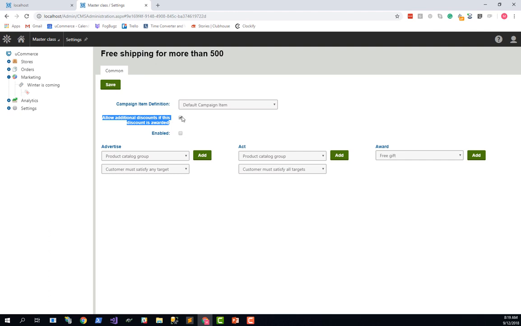But by enabling it, e-commerce will then look at the next campaign item as well to see if the customer has met the requirements for that one as well. So it will allow additional discount if this discount has been awarded or not. Alright, and then we have to enable the campaign item here, just like that.